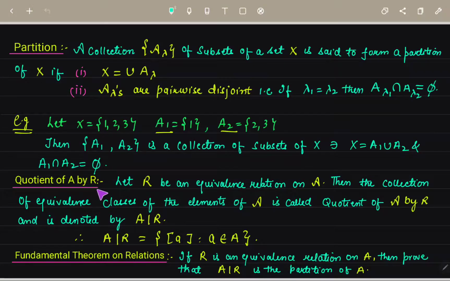नेक्स्ट था क्वोशंट ऑफ A बाई R। तो क्वोशंट ऑफ A बाई R क्या होता है, जितने भी हम इक्विवेलेंस क्लासेस का कलेक्शन लेंगे उन्हीं को हम बेसिकली क्वोशंट ऑफ A बाई R कहते हैं। सो दीज आर सम इंपॉर्टेंट टर्म्स।